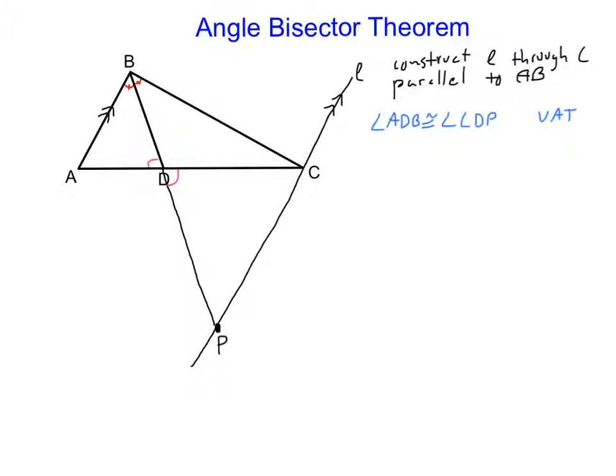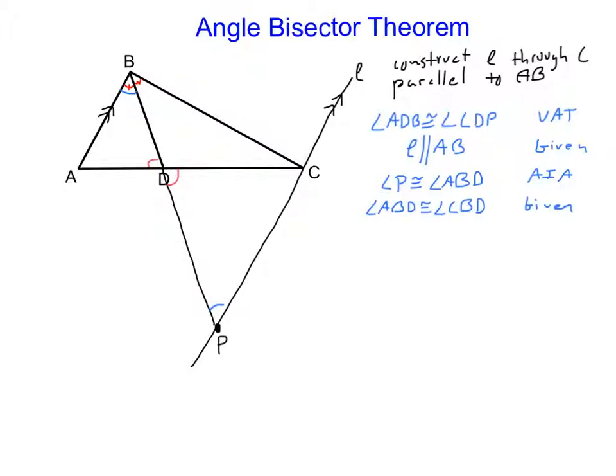So list that as given. And we're going to actually have that this angle here, P, is congruent to this angle up there. And that's true by the alternate interior angle theorem. Now the angle up here, well, that's actually the same as the angle over there, too. And this was given to me in the diagram, but we could have also said that BD is an angle bisector, therefore this angle is congruent to that angle. So we got that this one's up over here, and now